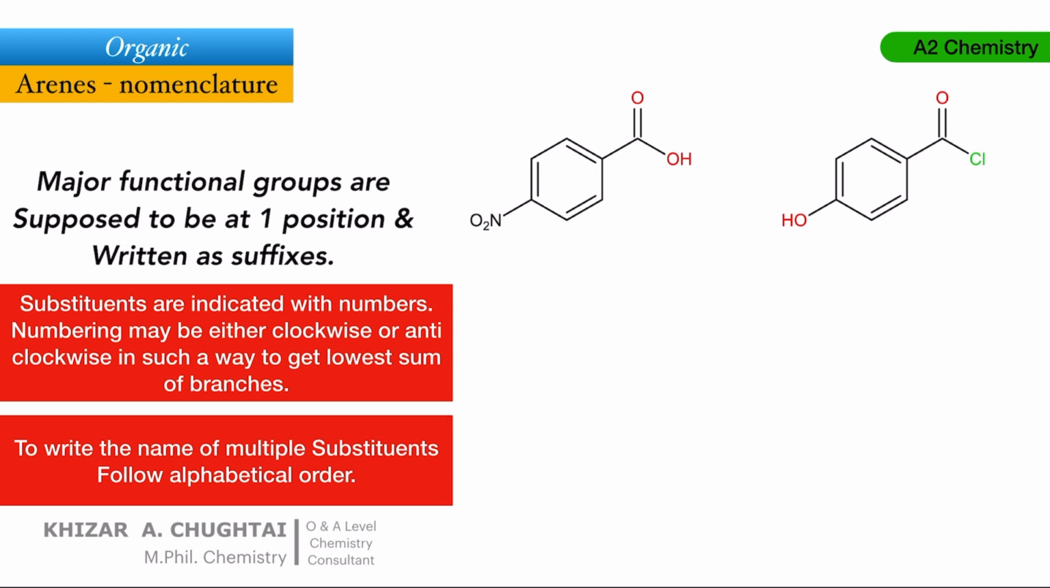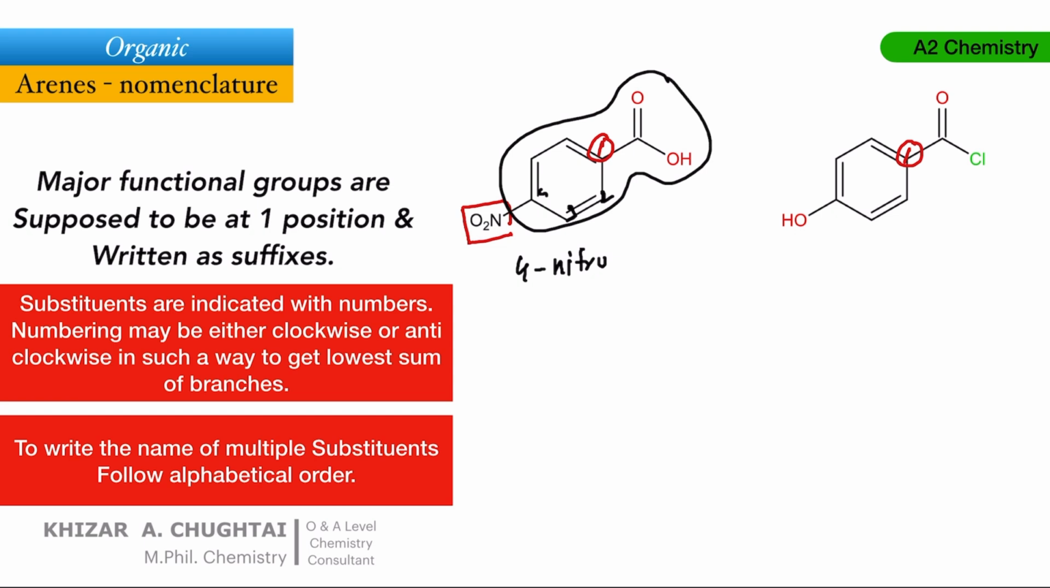In this case, this is the major functional group. So its carbon will be carbon number 1. Its position will be at 1 carbon. And in this case, this nitro group is acting as a branch. So its name will be 1, 2, 3, and 4, 4-nitro,